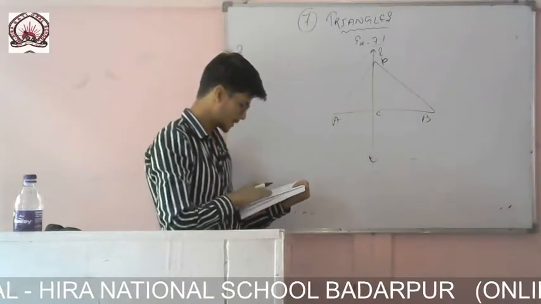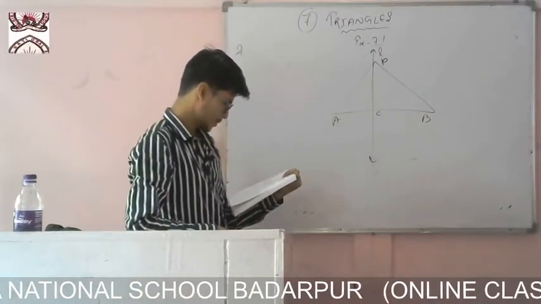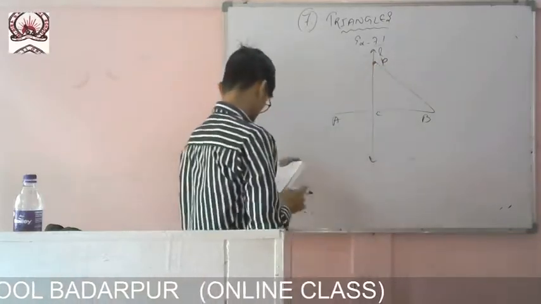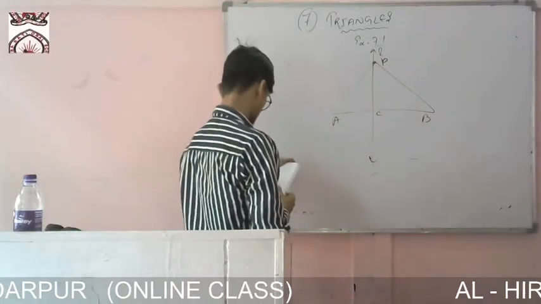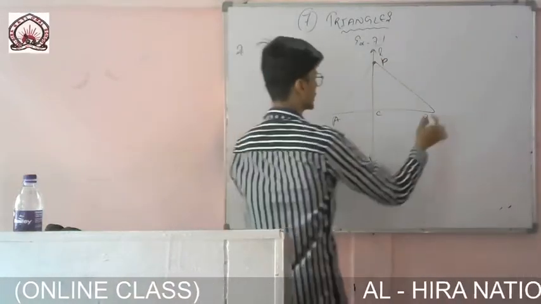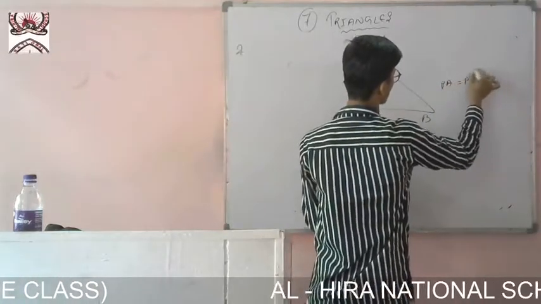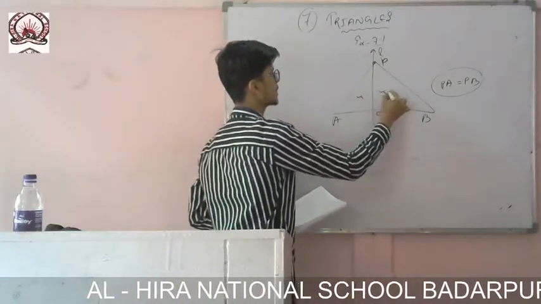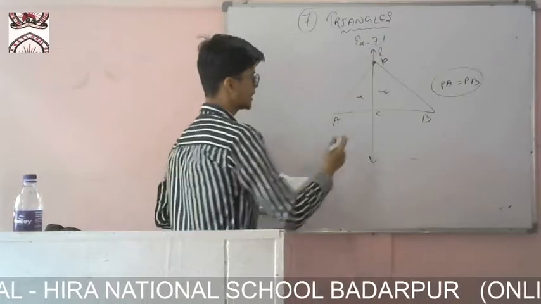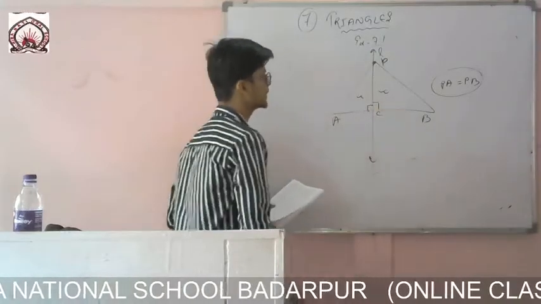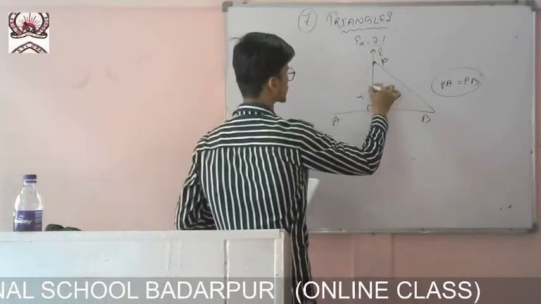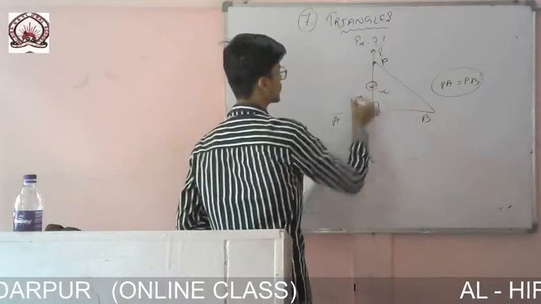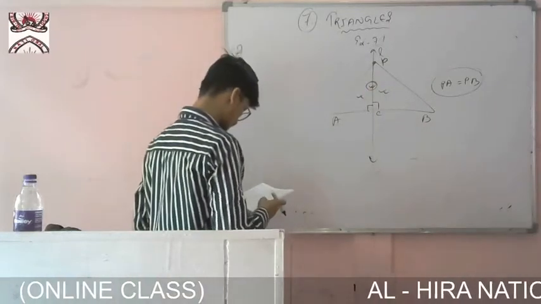So AB is given, and line L is perpendicular to AB. You have to prove that P is equidistant from A and B. That means PA is equal to PB. I have to prove PA is equal to PB, then only it will be equidistant. So for that I have to prove that these two triangles are equal. These two triangles I can show very easily. If this is perpendicular, then this and this will be 90 degrees. One we have got, and this is the common side. First we have got that these two angles are 90 degrees. Then we have got this is the common side. And third we need something there.